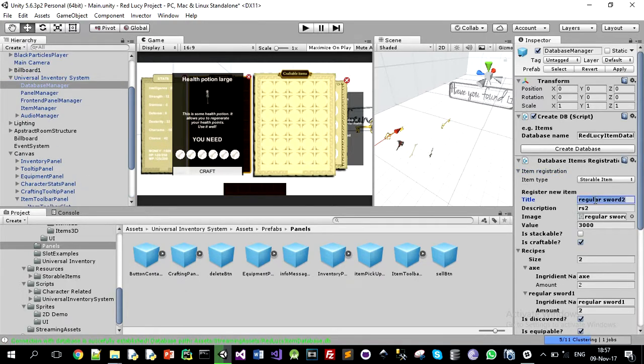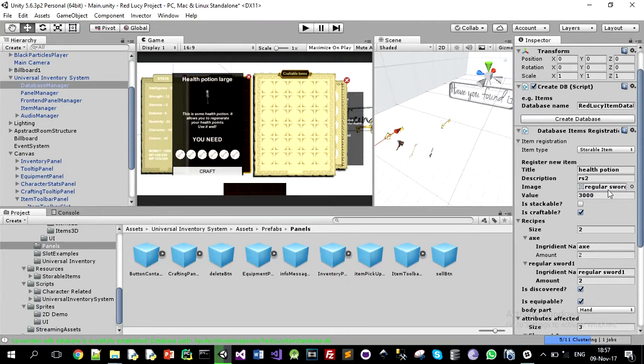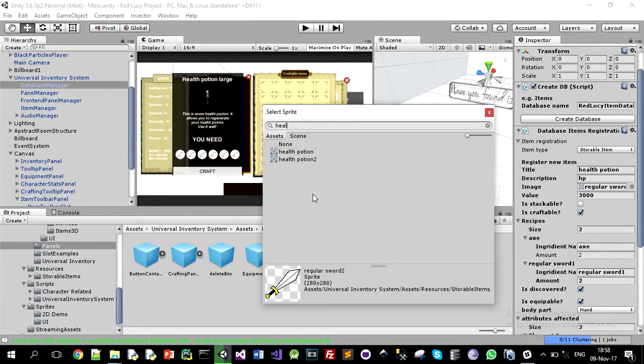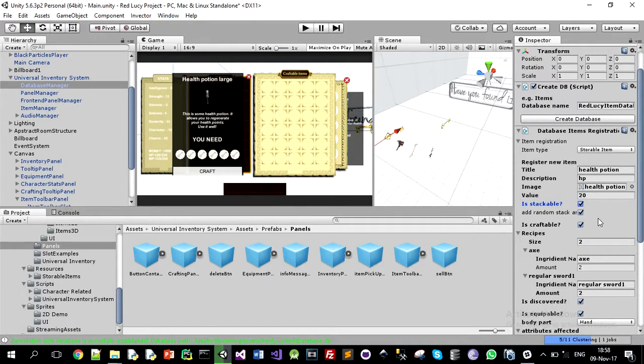So we can, for example, register some usable items, so you can see how it looks like. For example, I can register health potion, and make sure that you do have health potion tag. If you don't, just put it, because we're gonna assign it on health potion prefab, item prefab. Make some description, put some image. I already have an image for health potion. Assign some value to it. So all the stuff that you already